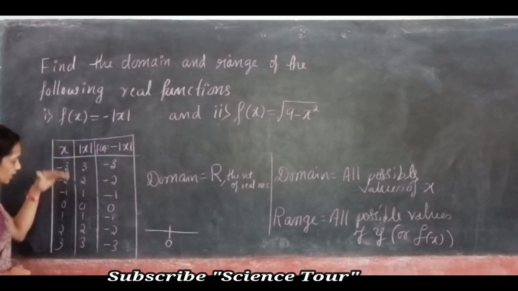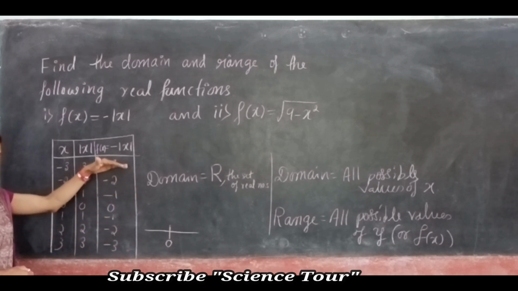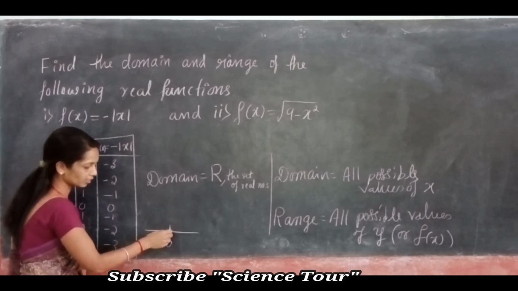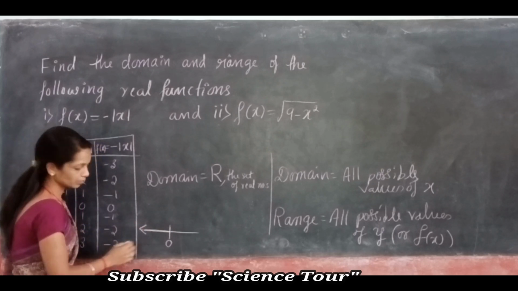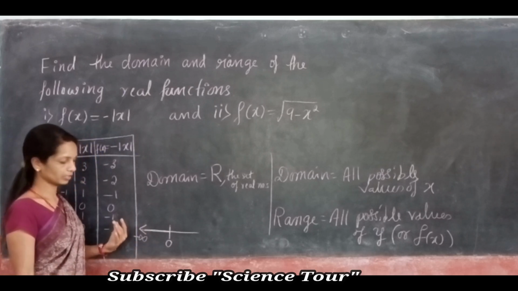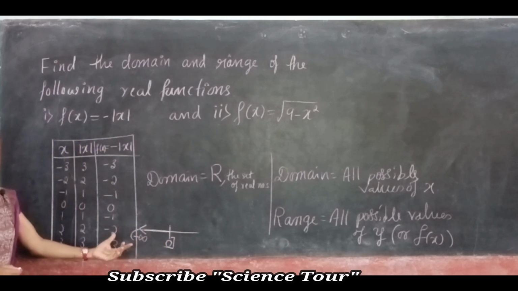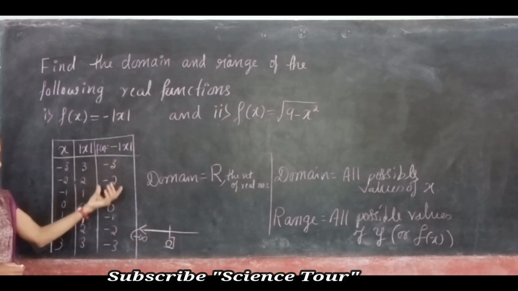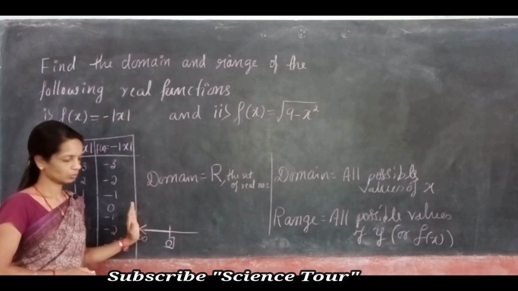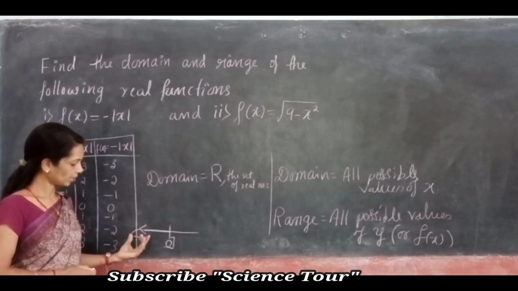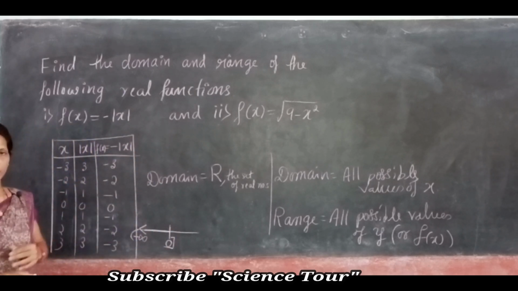If it is a negative real number or positive real number, then it will take only negative values. Negative values lie on the left side of 0, right? As you continue to the left side of 0, you have minus infinity. So f of x takes negative values and 0, and from minus infinity to 0, f of x can take any value.